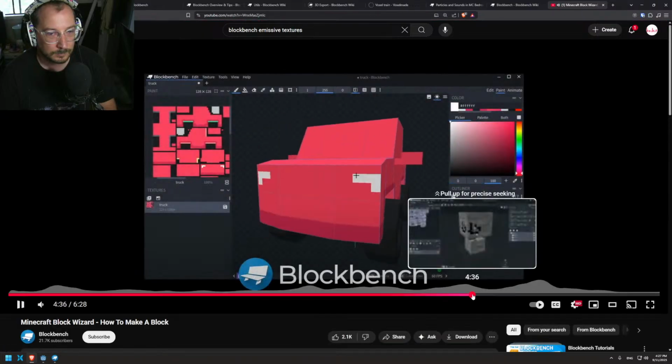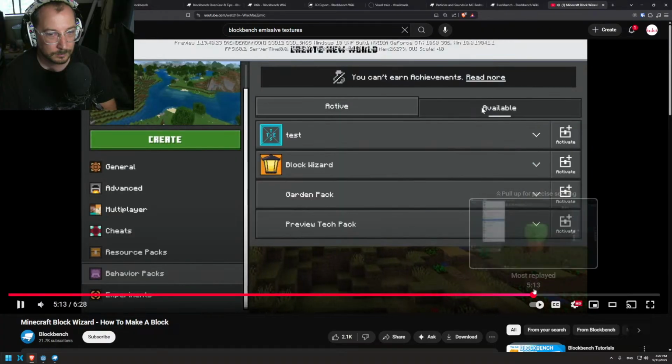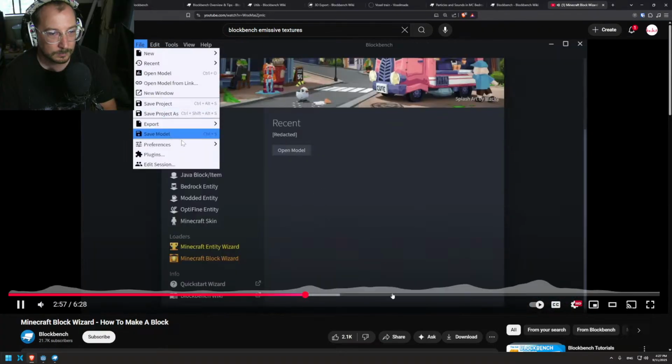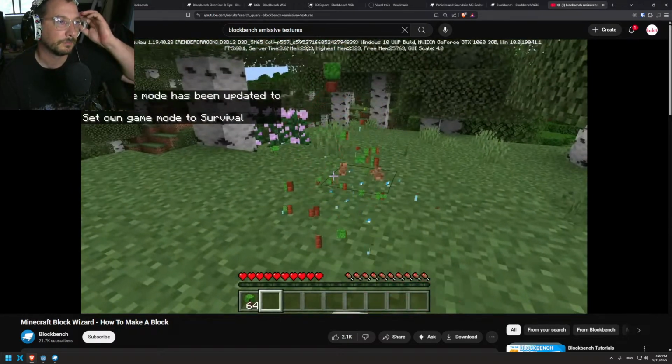This is Blockbench. It automatically expand the texture in the behavior pack section. Done, go to File, change the export. Also watch some Blockbench. If you want to make changes to your block, you